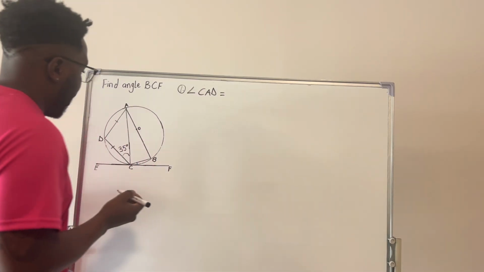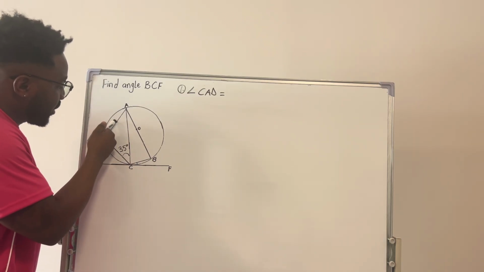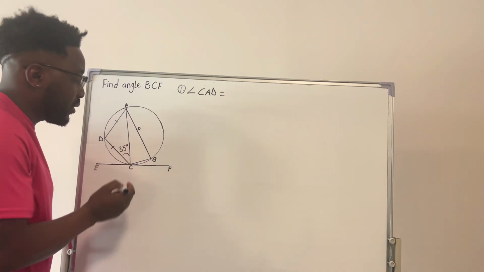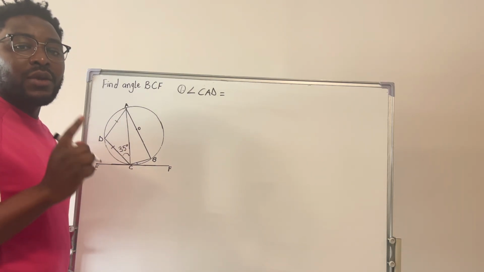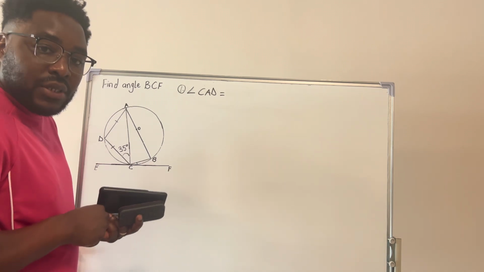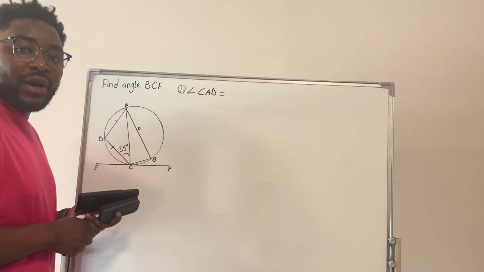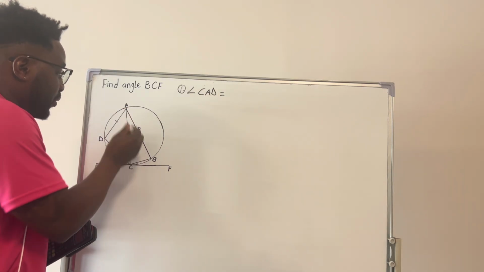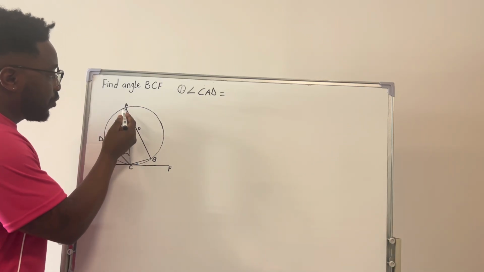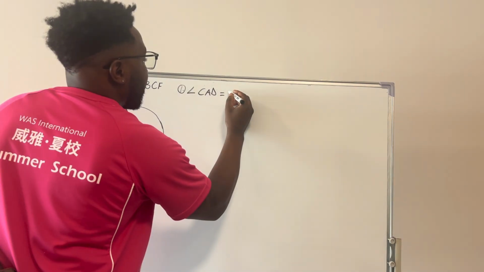Okay, so now if we look at this shape over here, as you can see, this side and this side are equal, yes? So that means this shape here is an isosceles triangle. And we do know that one of the properties of an isosceles triangle is that the opposite base angles are equal, yes? The opposite two base angles are equal. So if this angle over here is 35, then we do know that angle CAD is equal to 35 as